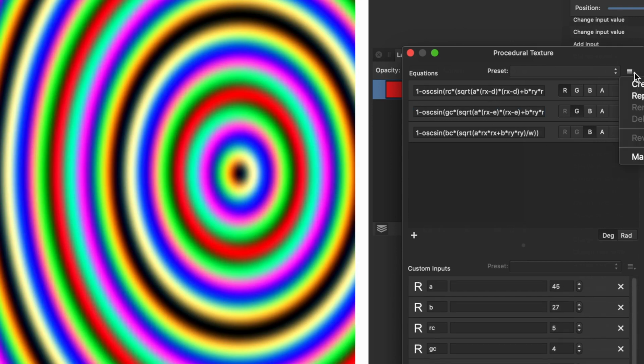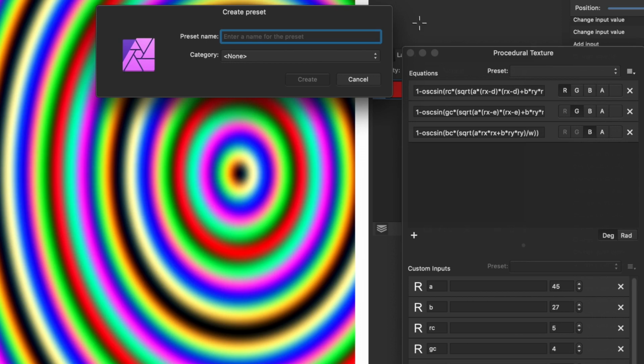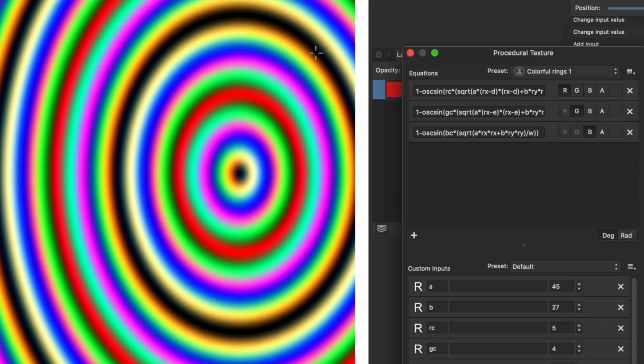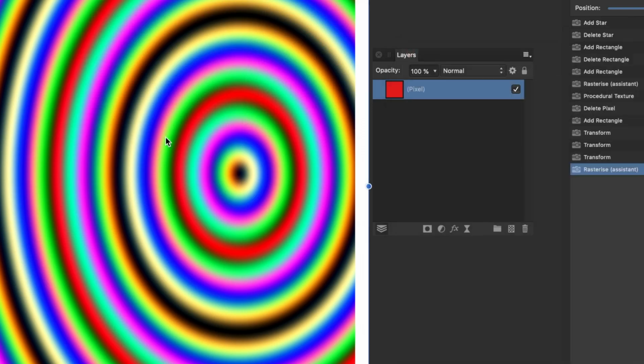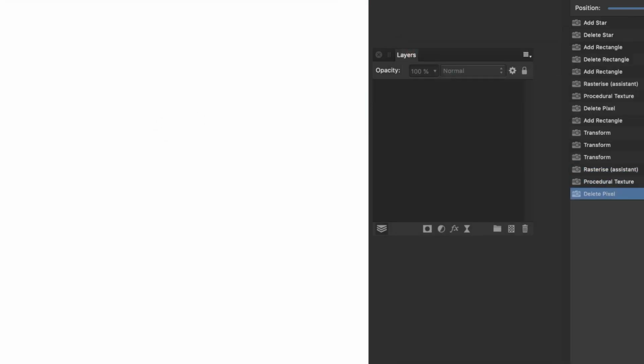Right, once you're happy with that, you can go to the Create preset. You can just go over to that right side and just quickly create preset. Colourful rings. Colourful rings 1. And also give it a category and click create. So once you're happy with that, you've now got your function,